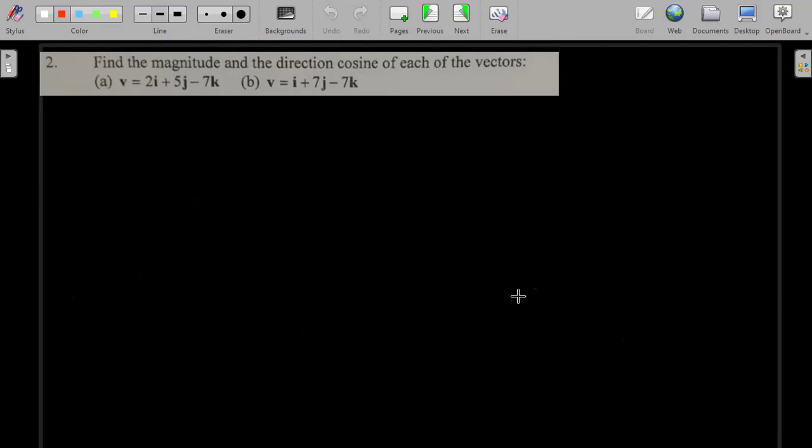All right, so moving on to the next question. The next question says find the magnitude and direction cosine of each of the vectors. So we want to find the magnitude and direction cosines of each of the vectors. So first of all, the first one, we have A here, and we have the vector V equal to 2i